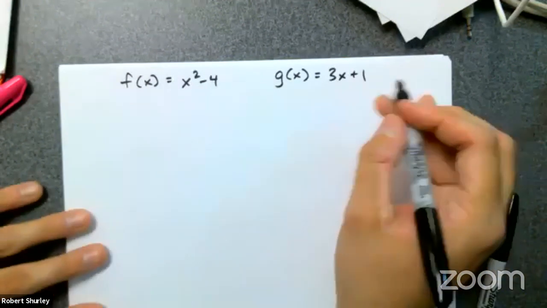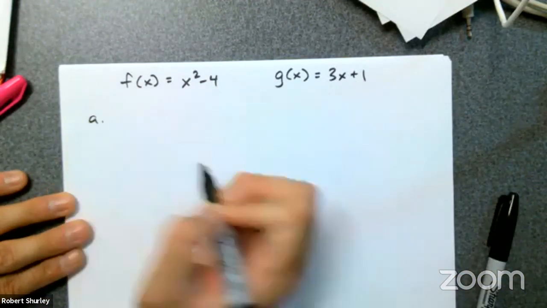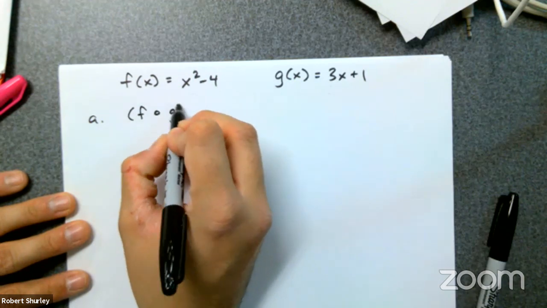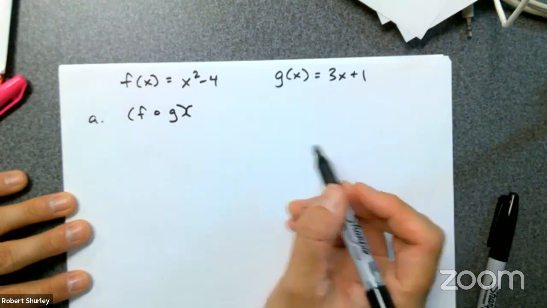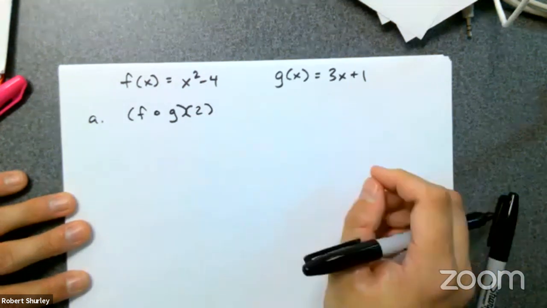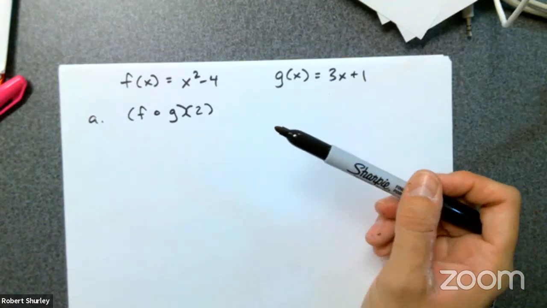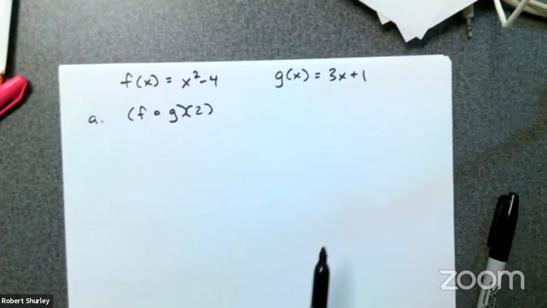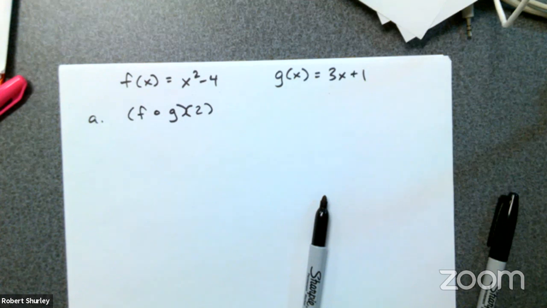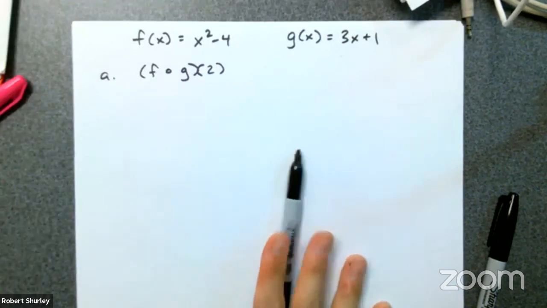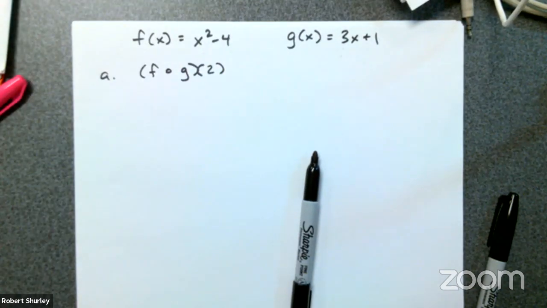Okay? And I want to find, I'm going to do 2 of these, f composed of g of 2. Now look, I haven't found f composed of g of x. And if you haven't already found f composed of g of x, there's another way of going about solving for this composition with a number. You don't have to come up with the formula if you're not asked to come up with the formula. I just want to show you how to do that